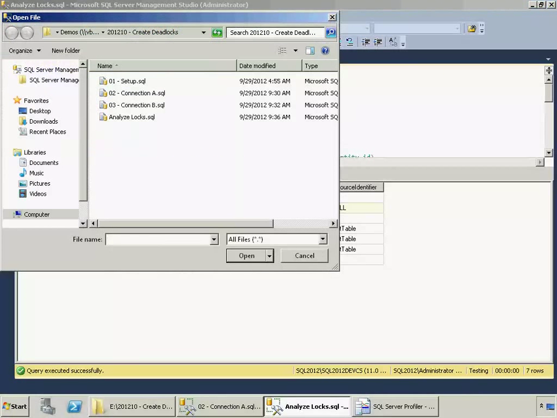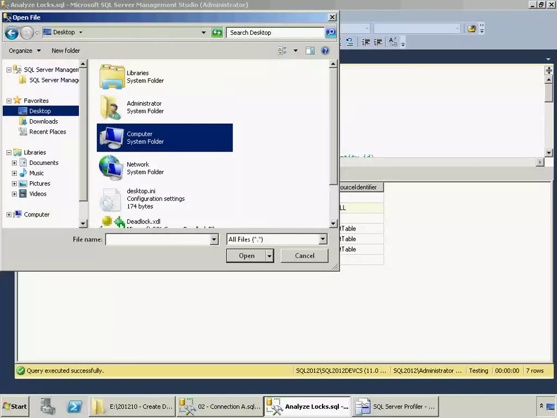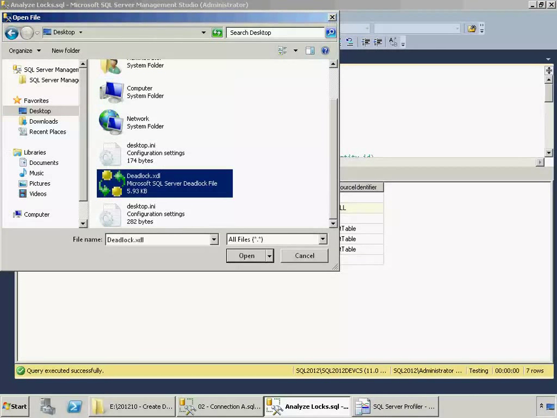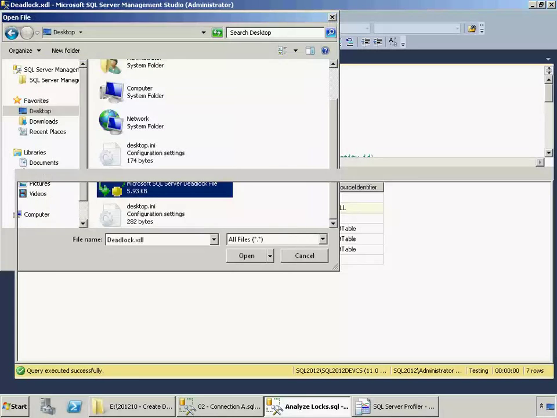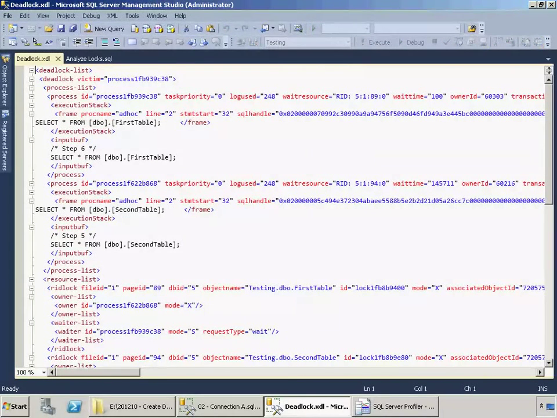So what I'm going to do is select the file, but I'm going to open it with the XML editor. And you can see there's a lot of information here that the deadlock graph consolidates for us.